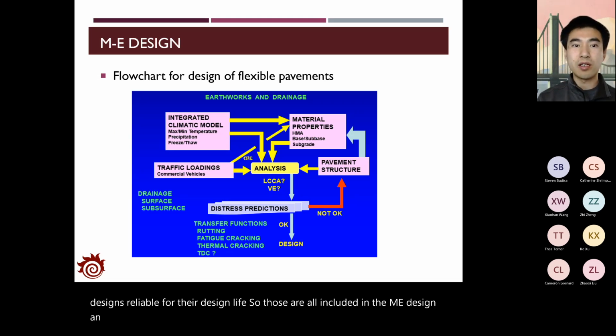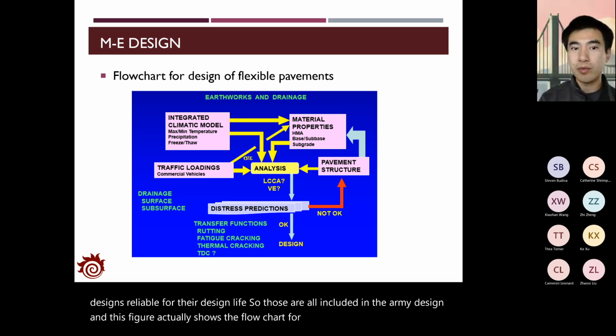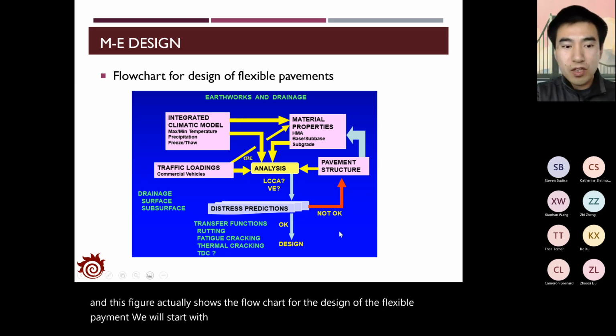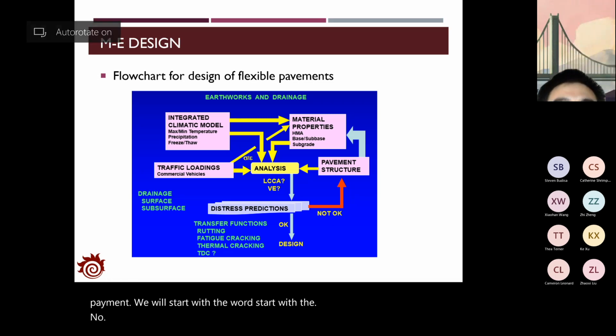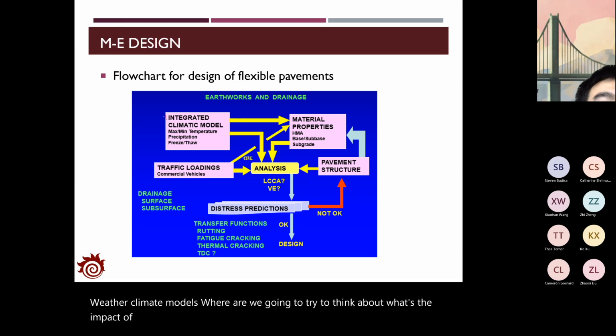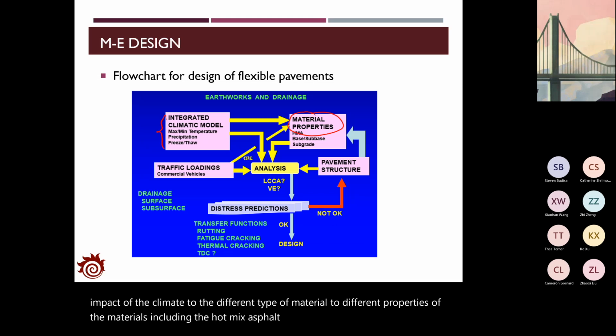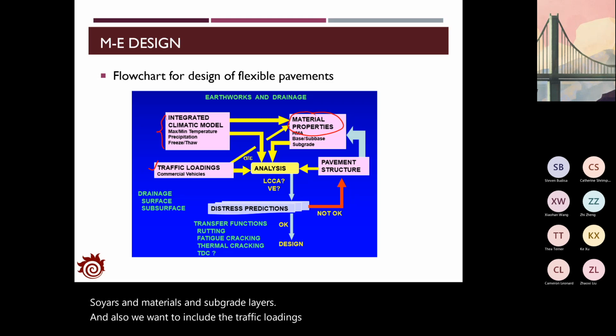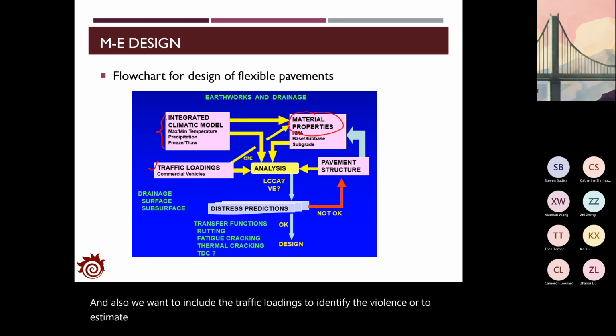And this figure actually shows the flow chart for the design of the flexible pavement. We will start with the weather climate models, where we're going to think about the impact of the climate on different types of material, on the different properties of the materials, including the hot mix asphalt, the base and subbase soils and materials, and subgrade layers. And also we want to include the traffic loadings to identify the volumes or to estimate the ESAL for the designed pavement structure. Both of them will contribute to the